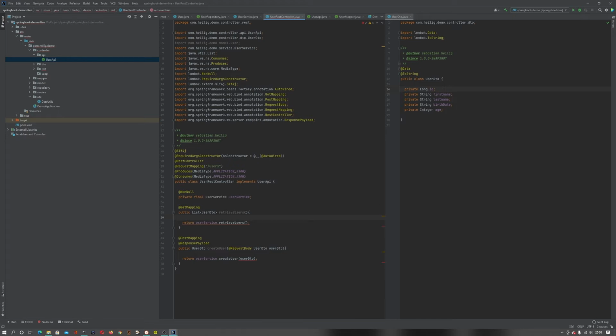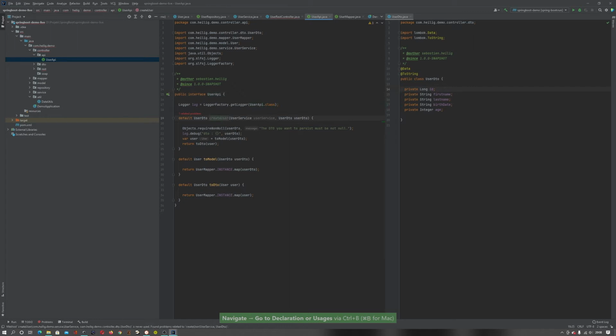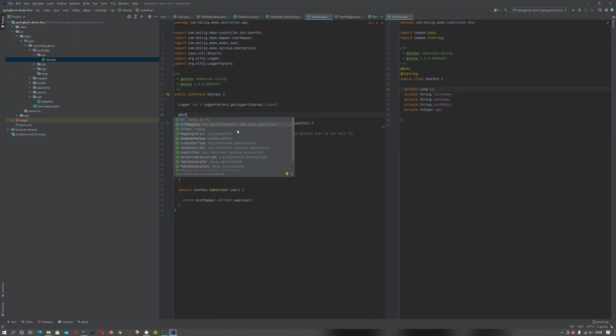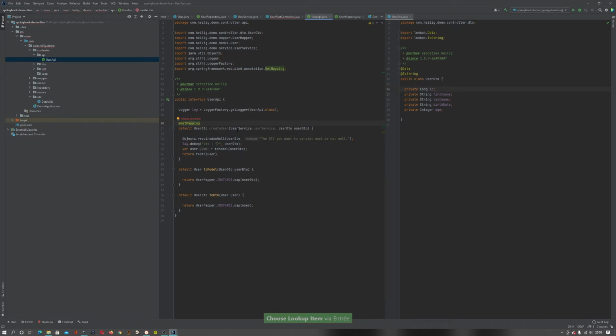What we can do here is, normally you could put the get mapping here, for example, but that is something we don't want. Why? Because our API is agnostic of the concrete implementation of our controllers. So like I said, we will do a REST controller and a subcontroller. So in our API here, we just define the global behavior of creating a user. Okay, so you take a DTO, you transform it to a model,